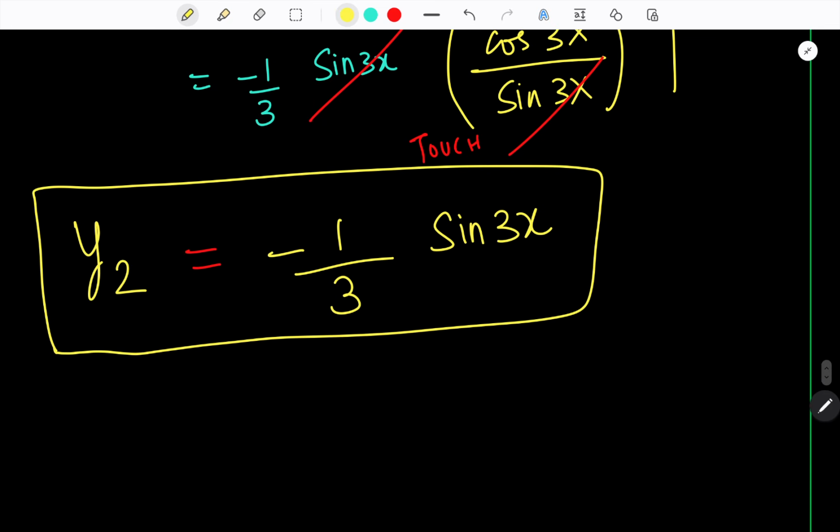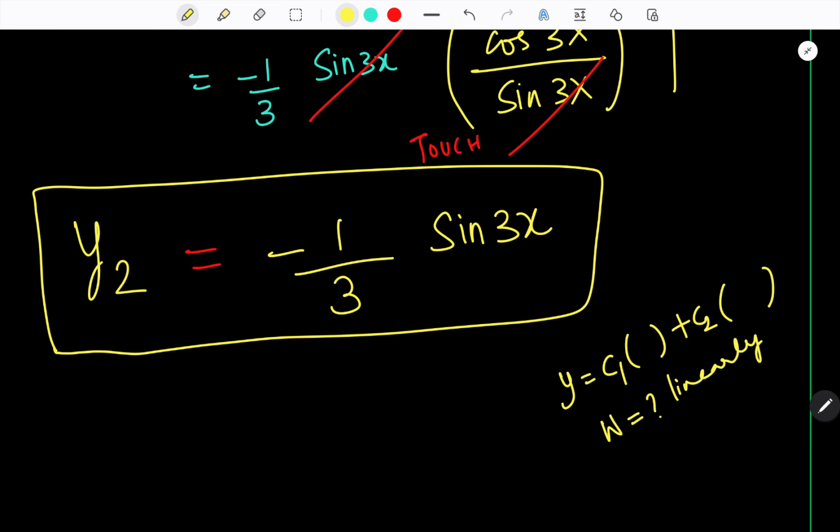Suppose if they ask for the general solution, you have to write y equals C1 times the first solution plus C2 times the second solution. But you need to find the Wronskian and make sure the solutions are linearly independent or not. Mostly they are linearly independent, but still you should make sure. So this finishes your